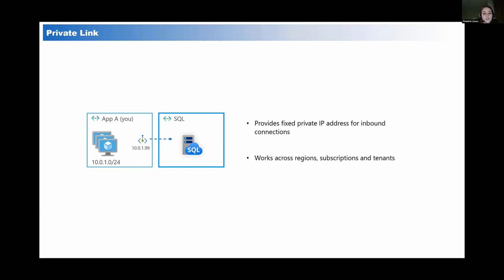Inbound connections are the connections to SQL. Okay, to SQL. Yeah, from SQL, the connections are still public. Could you please give me some examples, because I don't understand what it means from SQL to another one. For example, if you connect from the application to SQL using the private endpoint, then it's going to go